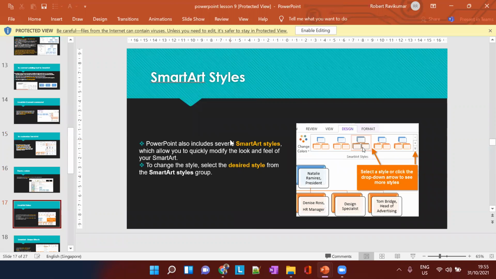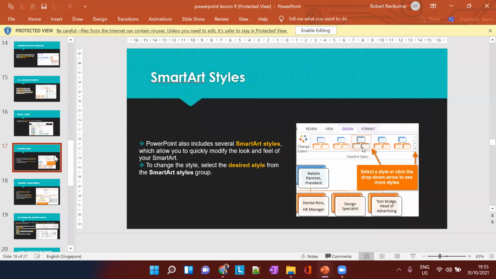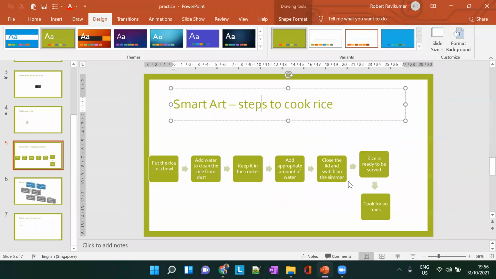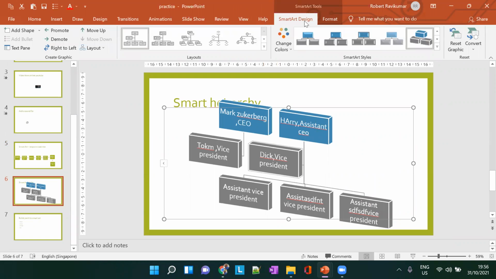Okay, so apart from the SmartArt colors, PowerPoint includes SmartArt styles. Yeah, this also we saw, right? PowerPoint also includes several SmartArt styles which allow you to quickly modify the look and feel of your SmartArt. To change the style, select the desired style from the SmartArt Styles group. So go here, and if you choose the SmartArt and go to SmartArt Design, layouts is here, SmartArt Styles is here.